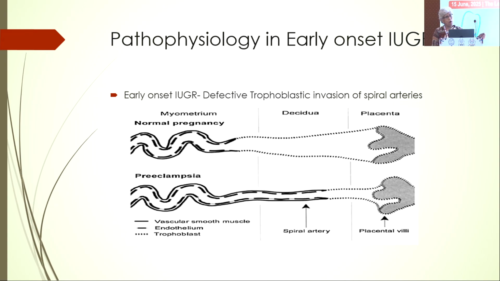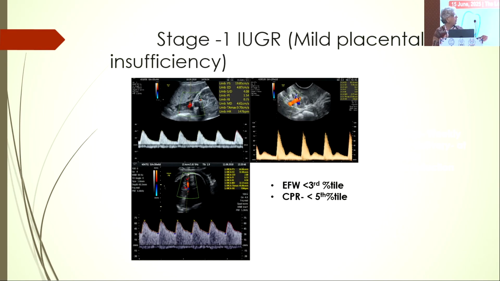If it does not happen correctly, what will happen? The caliber of the spiral artery will not increase much and less blood supply goes to the fetus. This pathophysiology actually happens in PIH also. This is the reason why early onset IUGR is very commonly associated with PIH,